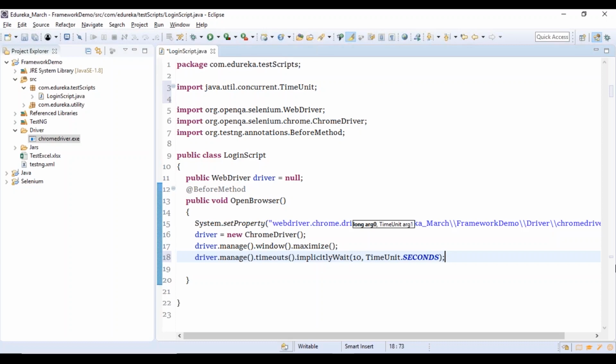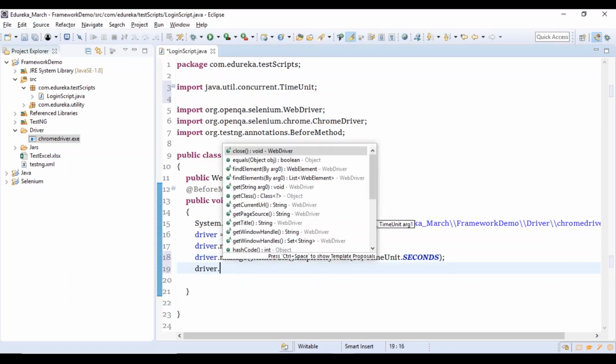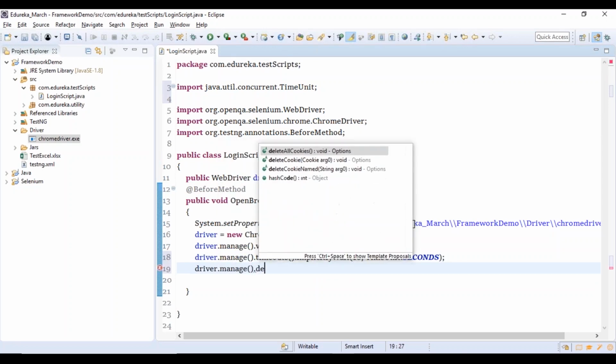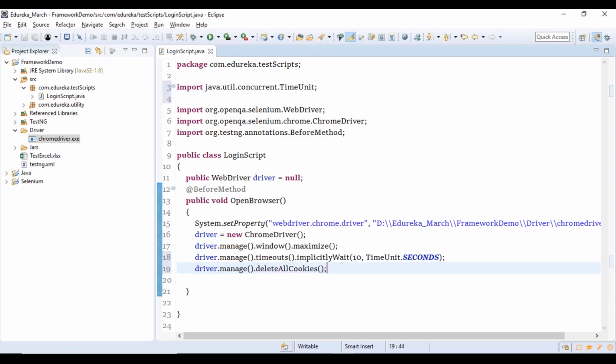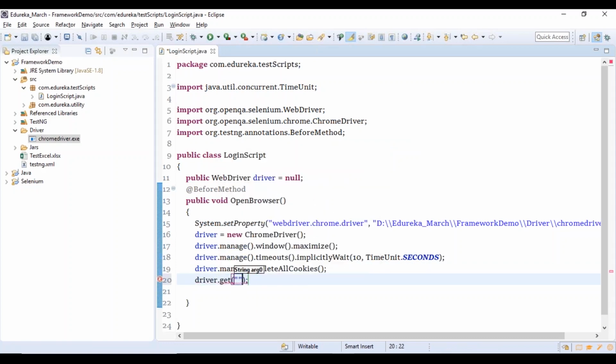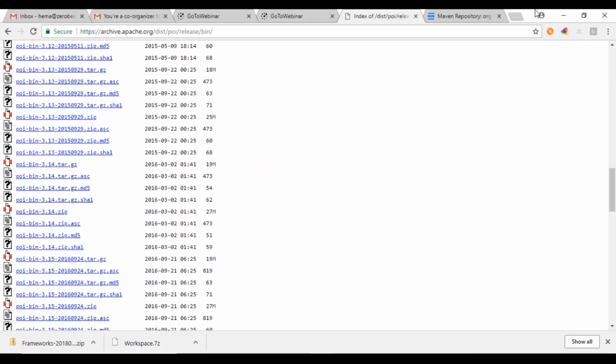So this is your setting up of your browser profile. You can also delete cookies if you want. So driver.manage, and then delete all cookies. So this can also be set up, and the next step is I want to navigate to your URL, right? So I say driver.get. Here we have a demo application like this.